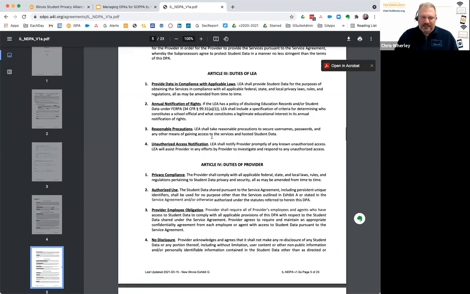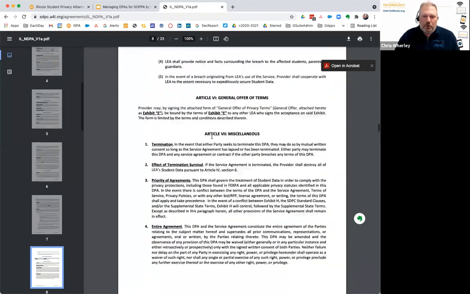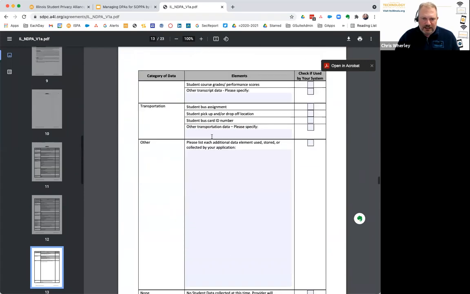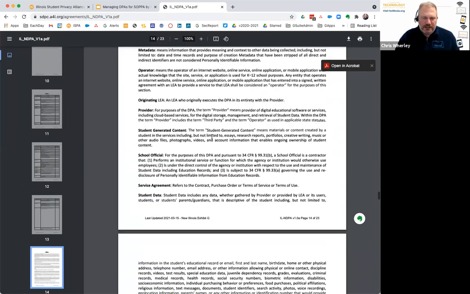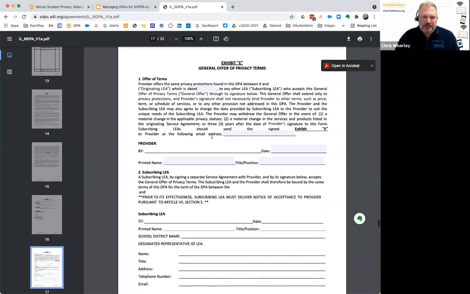The idea of using this template is that, from a state of Illinois level, school districts, if they're all using the same agreement, then the portion of it in here that is called Exhibit E, which you'll hear me refer to several times, is a general offer of terms. So the vendor would come in and say,